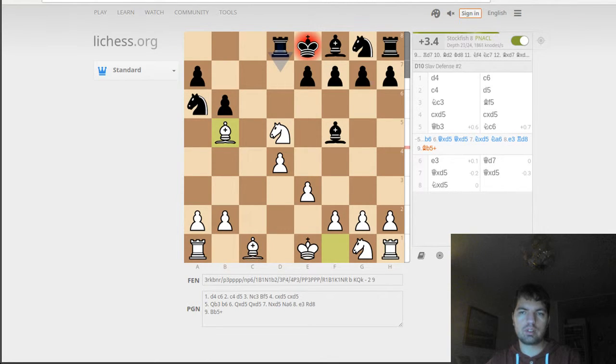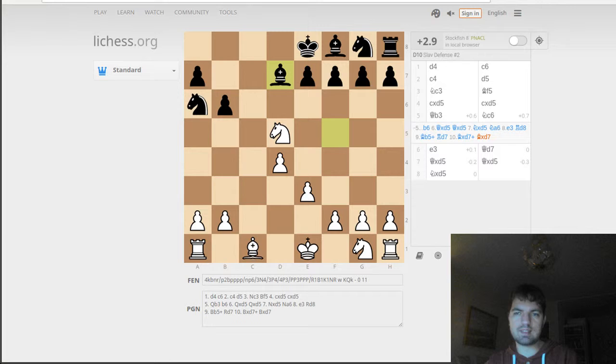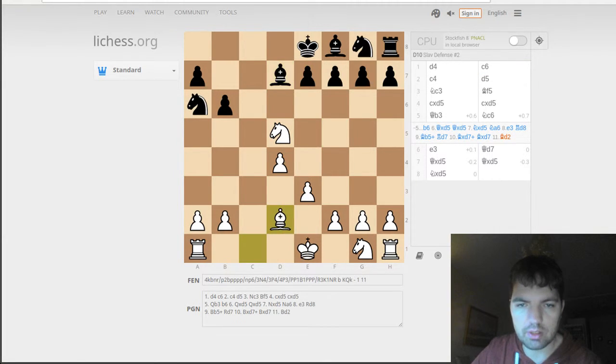So basically, I'm forcing him to go rook d7. If he plays bishop d7, I take the knight. So he did this. Actually, this is very nice. Playing bishop d2, I didn't have such finesse. The bishop takes, and now I just played bishop d2,